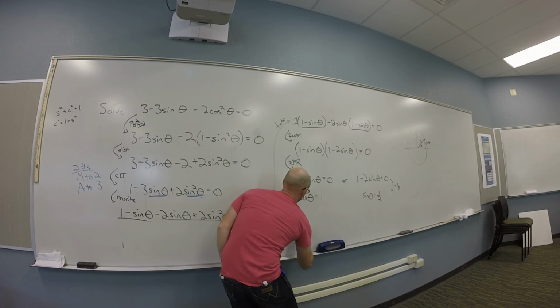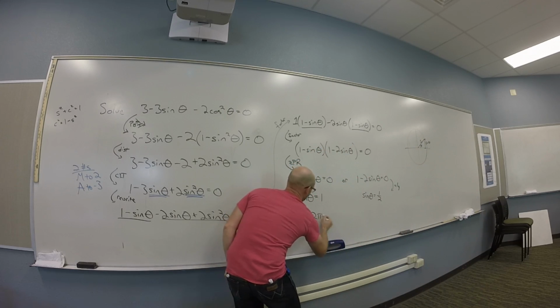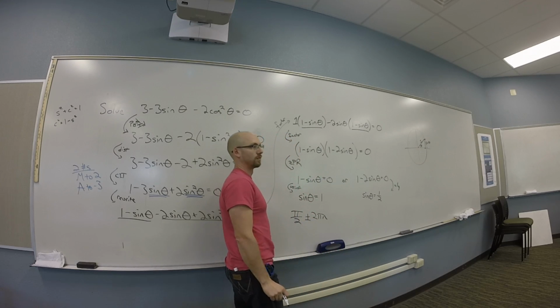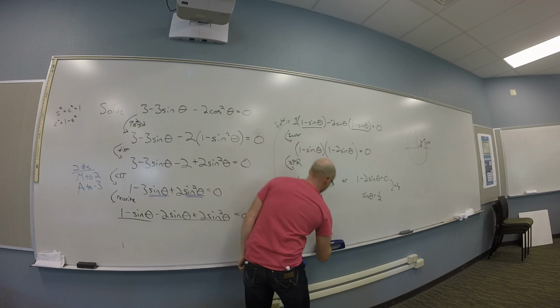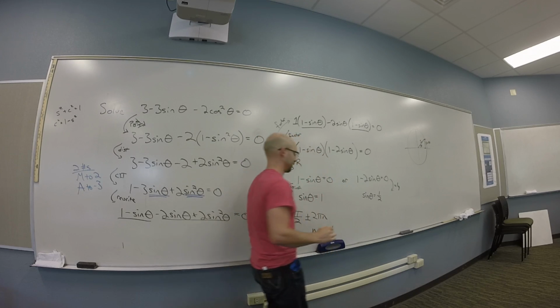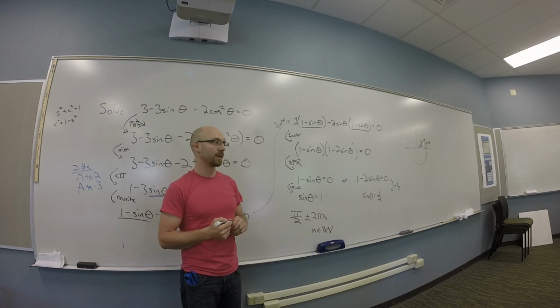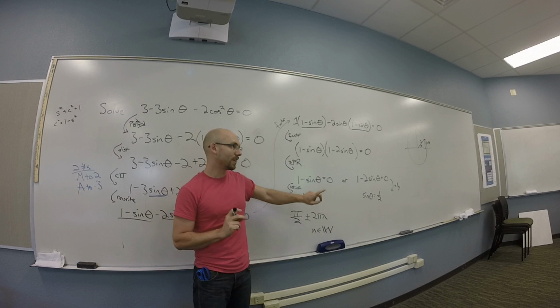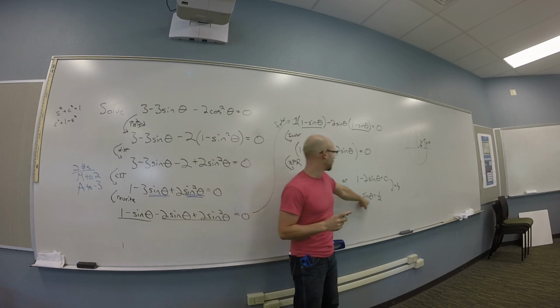So this would be pi over 2 plus 2 pi n, and maybe I'll throw a minus sign in there. And n is a whole number. So that gives me some of them, and the others come from when sine of theta is